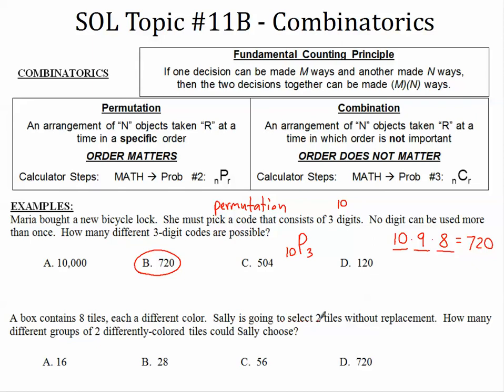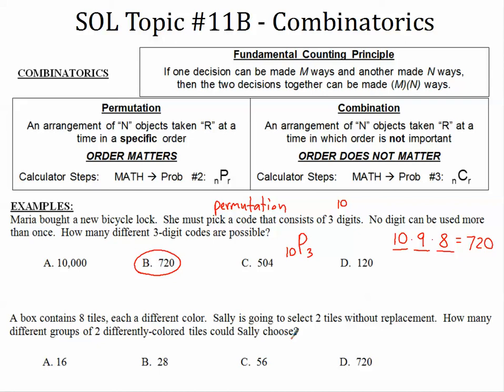Second example, a box contains 8 tiles, each a different color. Sally is going to select 2 tiles without replacement. How many different groups of 2 differently colored tiles could Sally choose? So the question is, is this a permutation or is this a combination? Well, she's going to be picking 2 tiles out of this box, and I'm sure that the order of the